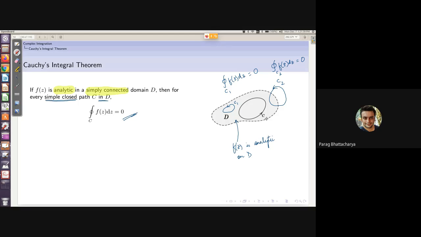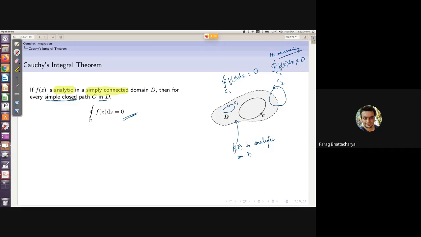Any of you can respond. What do you think? This next path C2, can we say that this statement is true? Not true, sir. I mean, we should not say not true. We should say not necessarily 0. It may be 0, but we don't know about it. We are not sure of this.